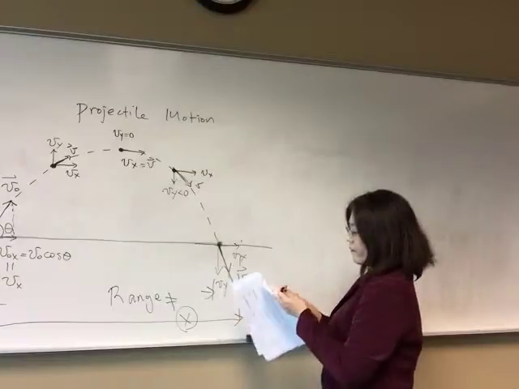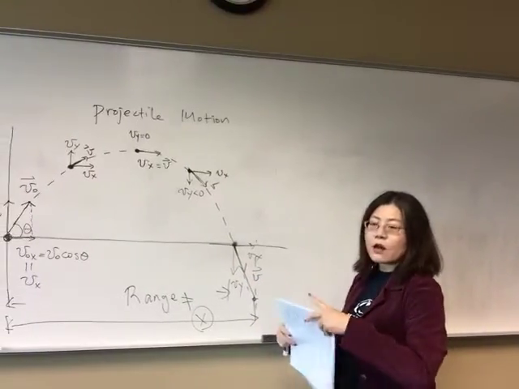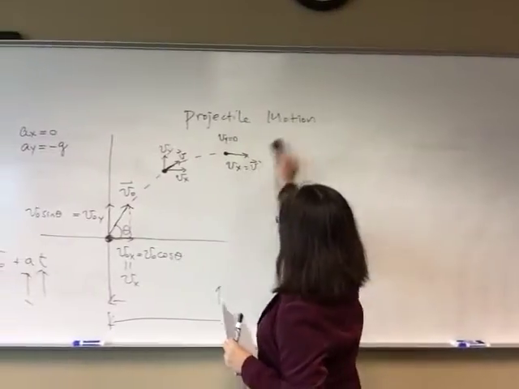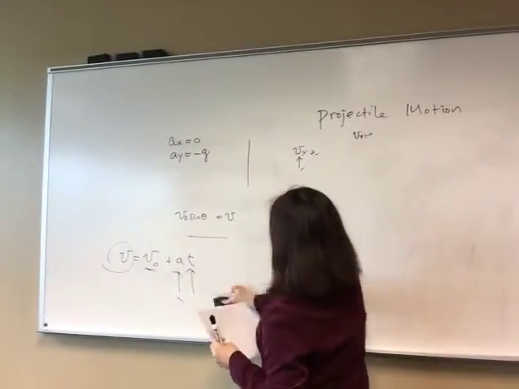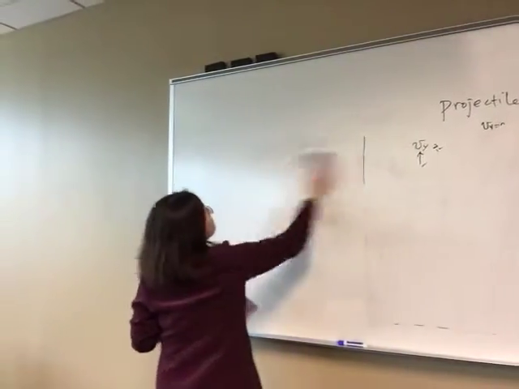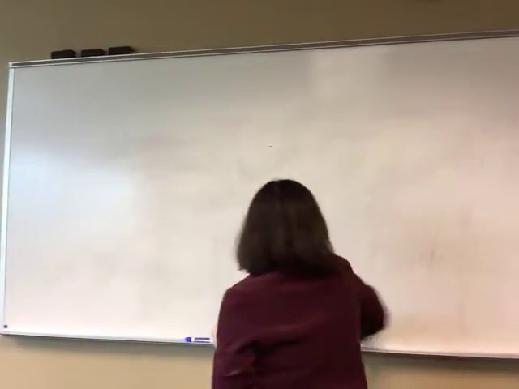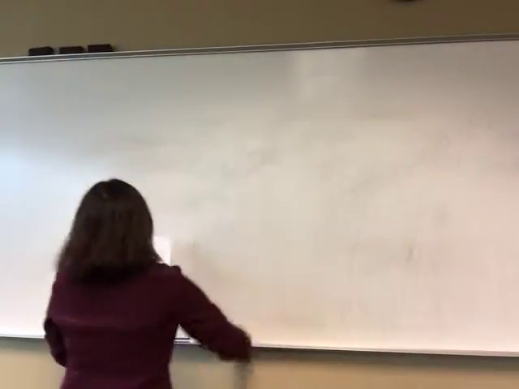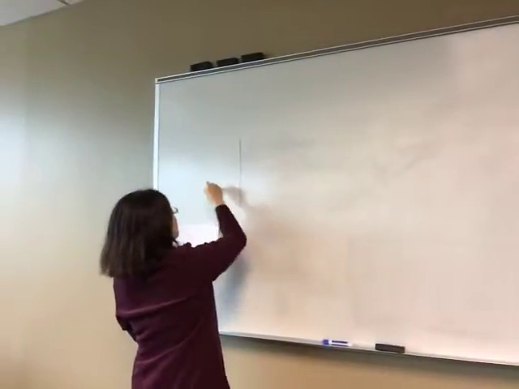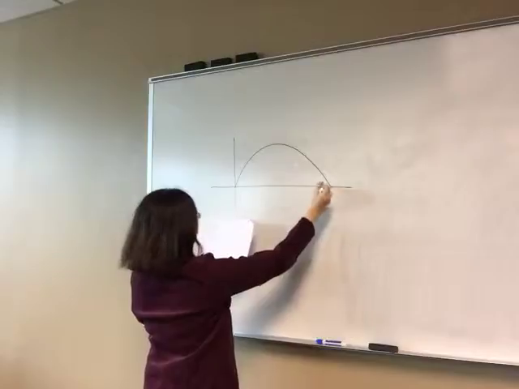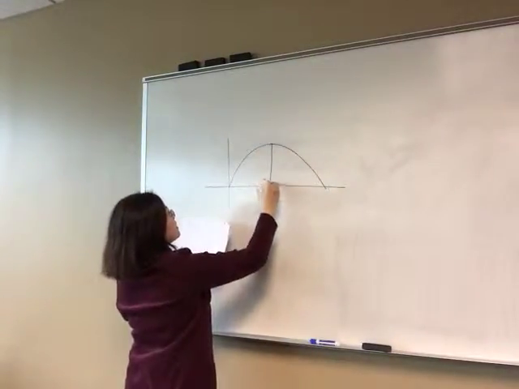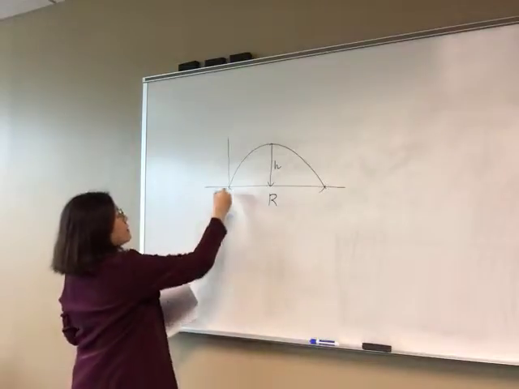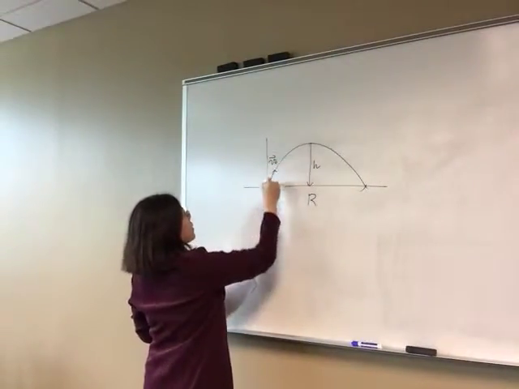So let me just lay out the equations of motion, because it is the equations of motion that govern how the object moves in the horizontal and the vertical direction. Let me just erase this. Okay, so let me draw a simplified diagram. So we have a diagram like this. You have an object that's going like that. Okay, and we define this to be the highest point, and from this point to that point, that's our range. And we said that this object has initial velocity v naught, and it's making an angle theta here with